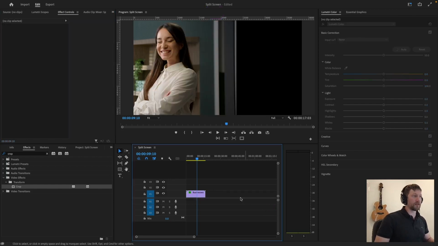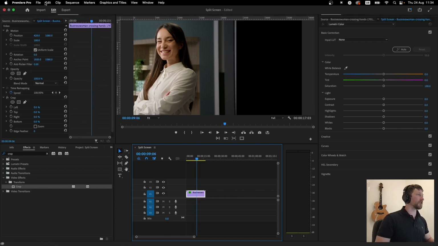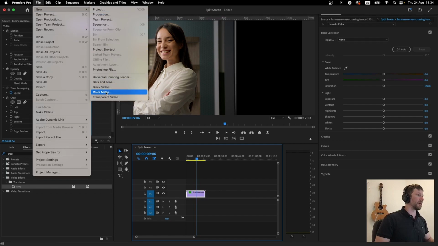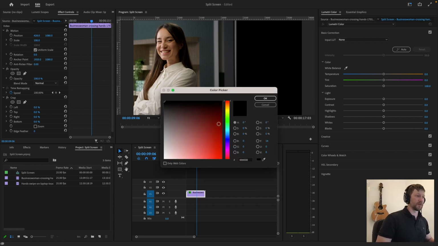Now what you can do to work around this, if you do want to get a perfect split screen, is just go to File, New, Color Matte, and we want half the width, so that would be 1920. So here in your video settings, when you create a color matte, it will prompt you to select your dimensions and your frame rate. So I've just halved the width from 3840 to 1920. We hit OK, pick a color,